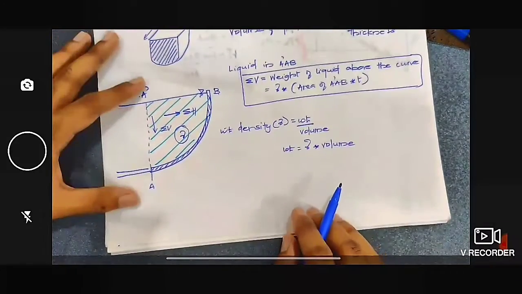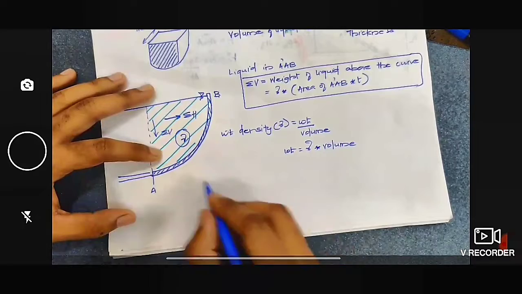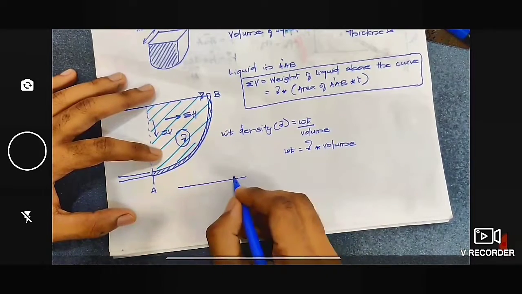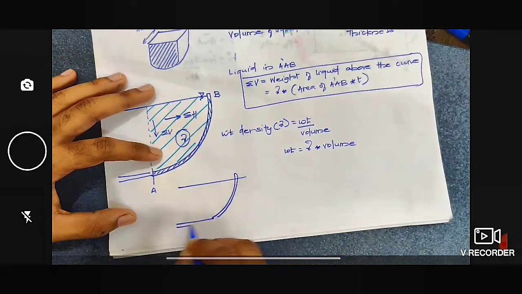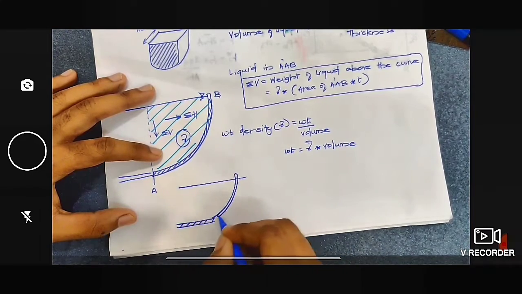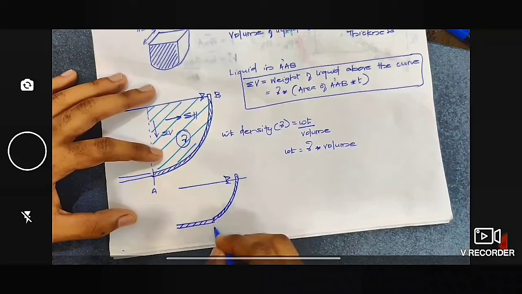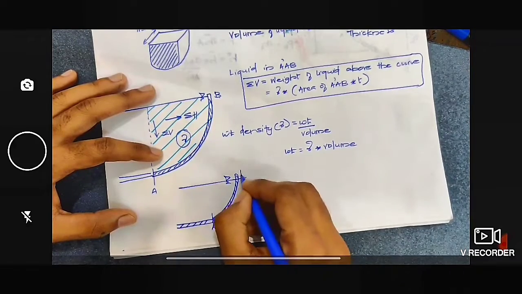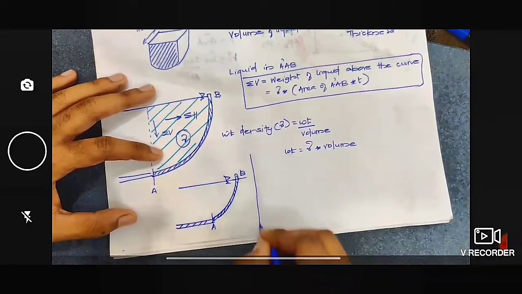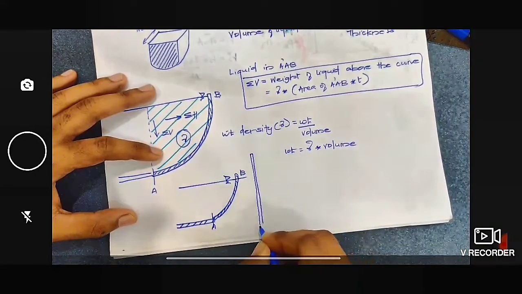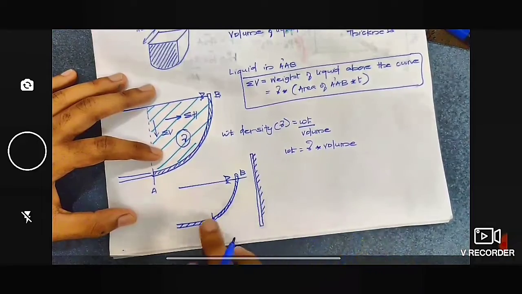Now what you have to do is find sigma h. To find sigma h, I'll tell you the procedure. If you have a curve, as shown in the earlier figure, this is the curve, it is having liquid, and the curve is extending from A to B. What you have to do is project it to a vertical. Just assume that you have a vertical screen here. You are keeping it in a vertical screen. Now just assume that you are projecting this.